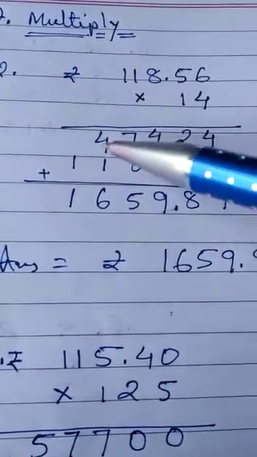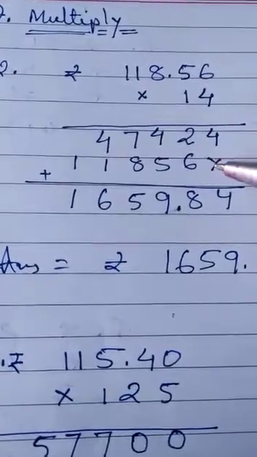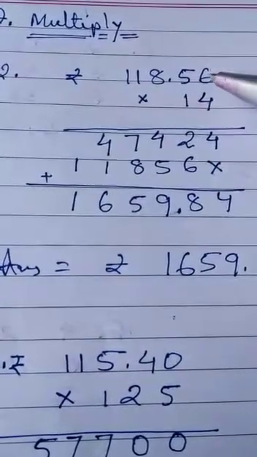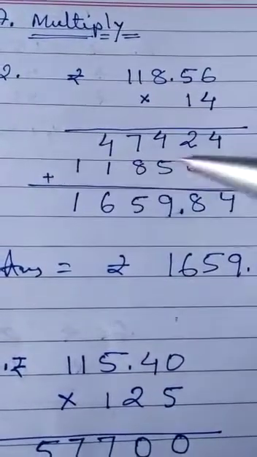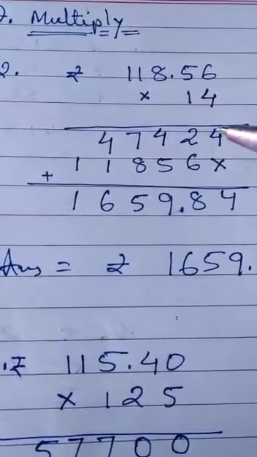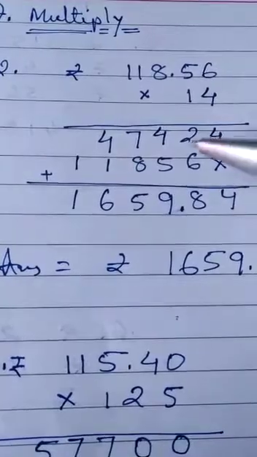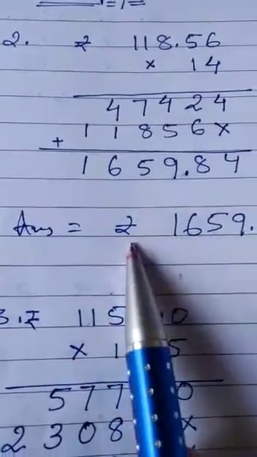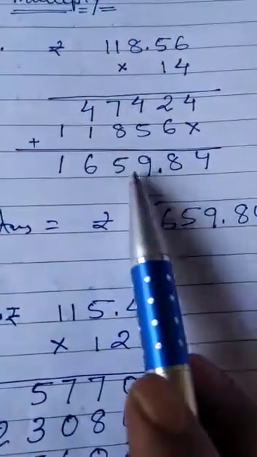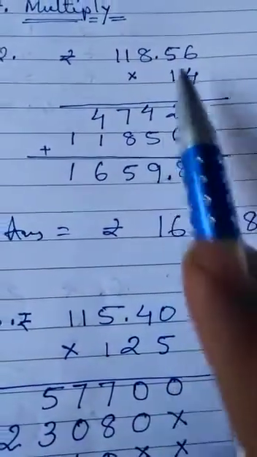So I got this. Then one place I left, and then by the 1 I have multiplied all of the numbers. So then this one has come. So as per the rule of multiplication, we will add it all. So after adding this, my answer has come. So in the final answer, we will write rupees this one, and the point we will put as in the question.